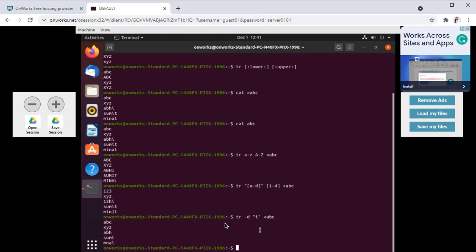So with the help of the tr minus d command, you can delete a specific character from a particular file. So this is all about the tr command, which is used to convert lowercase characters into uppercase or uppercase into lowercase, or convert one set of characters into another set of characters, or delete some characters from a file.